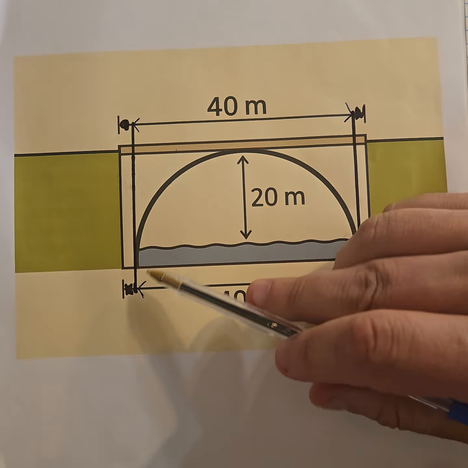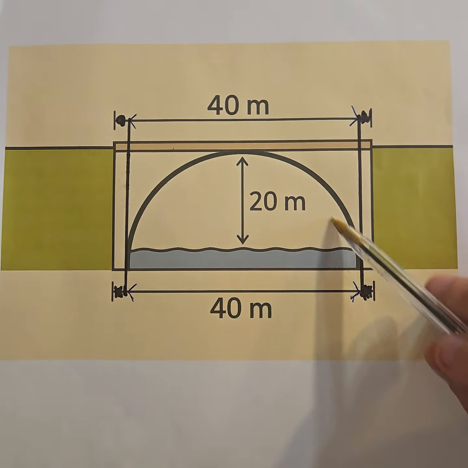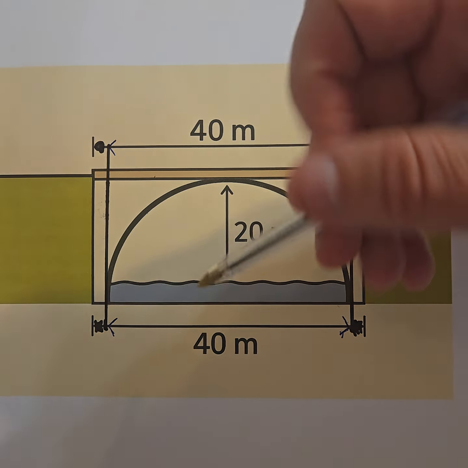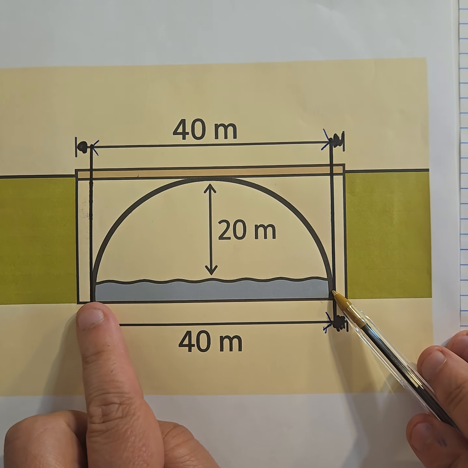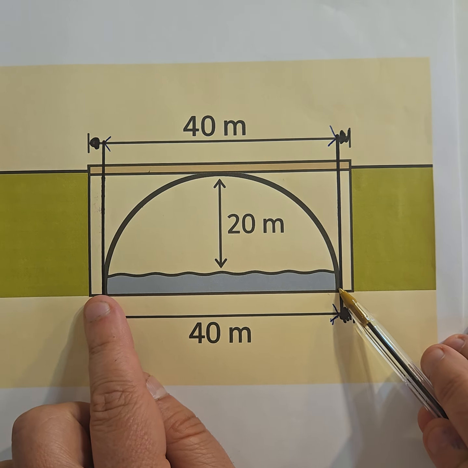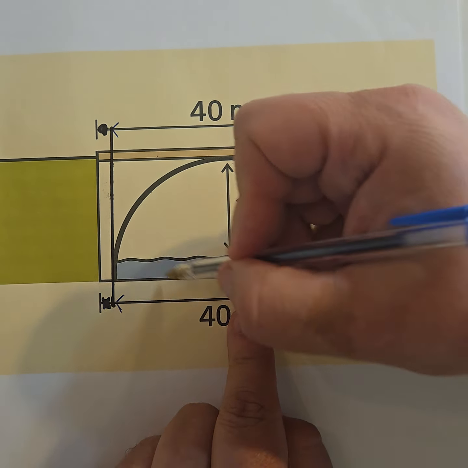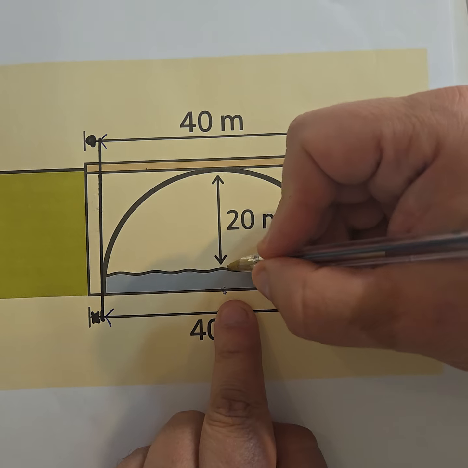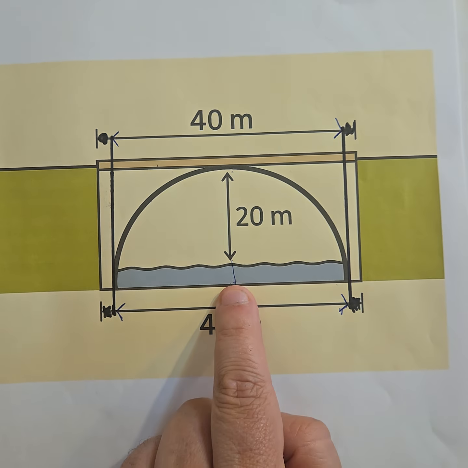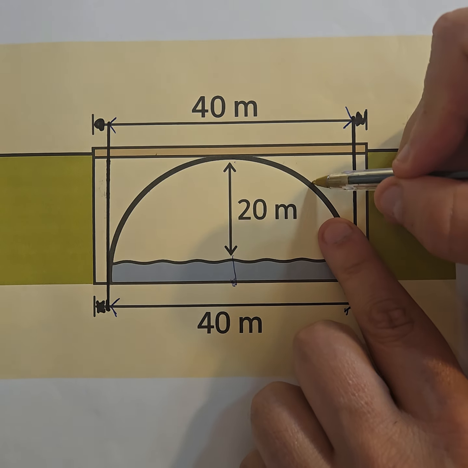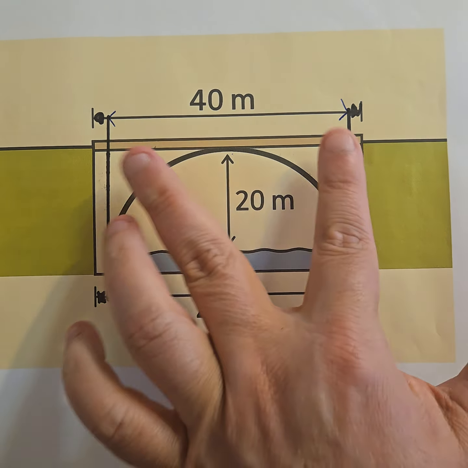The engineers are going to build a bridge with a parabolic shape, and from one end to the other end of this curved bridge is exactly 40 meters. The height from the top to the bottom of the bridge over here is exactly 20 meters. We want to find a formula to calculate the height at any time or any place.